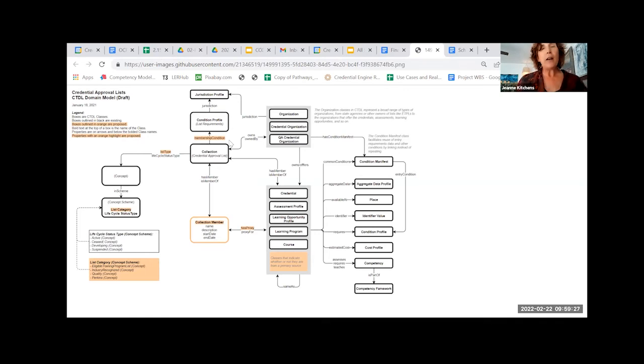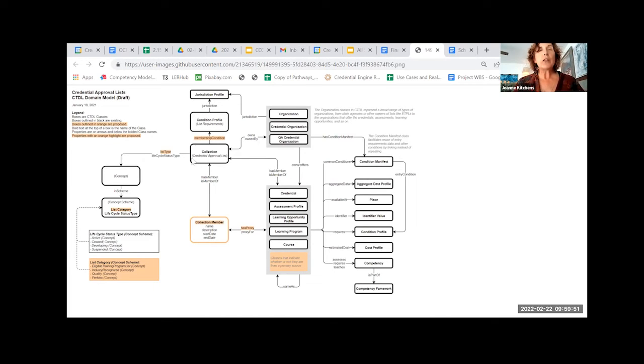And that is to take the things that I've already mentioned, whether it's a credential or say a course or an assessment, and put it in the context of a list. And so I'm just going to quickly walk through the important parts of this picture to explain it, where I have, say, an organization like a state agency that wants to create a list.